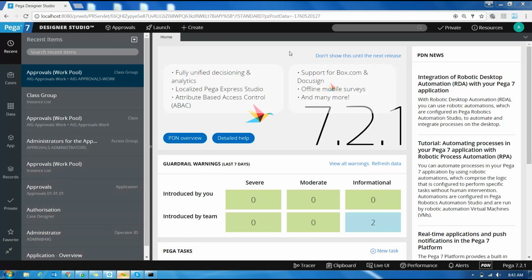Okay. So just a quick recap of what we have done in the last class. In the last class, we logged in as administrator at Pega.com. We ran the DCO. We created a new application which is for health insurance. We named the application as approvals. We named the organization as AIG, and we have a case type